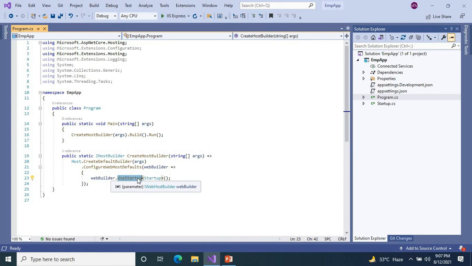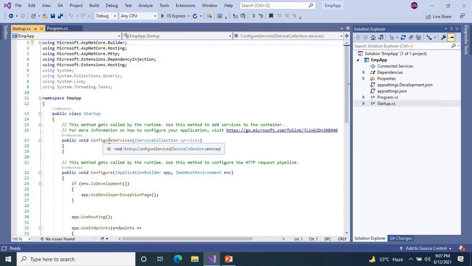If you go to the Startup.cs file, you can see two methods, ConfigureServices and Configure. The ConfigureServices method is an optional method in the Startup class which is used to configure services for the application. The ConfigureServices method will be called first, and it includes an IServiceCollection parameter to register the services. This method must be declared with the public access modifier so that the environment will be able to read the content from the metadata.